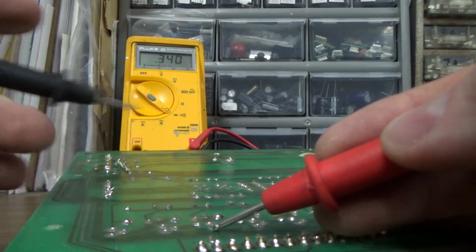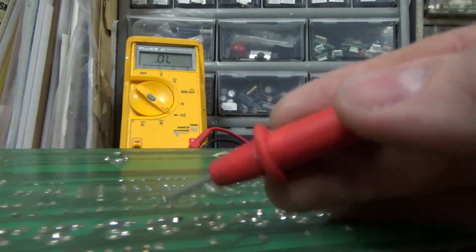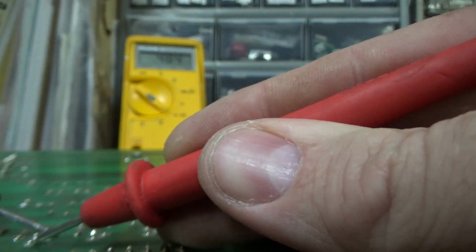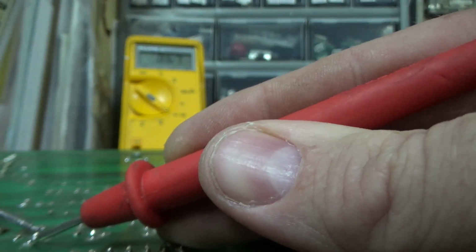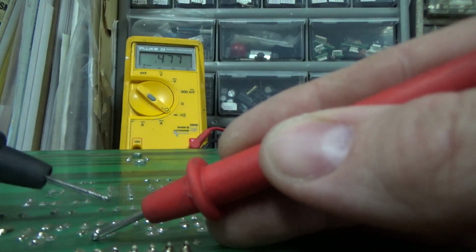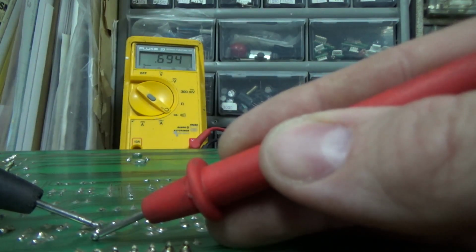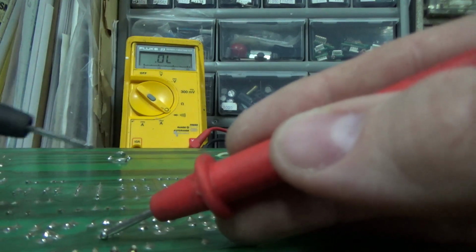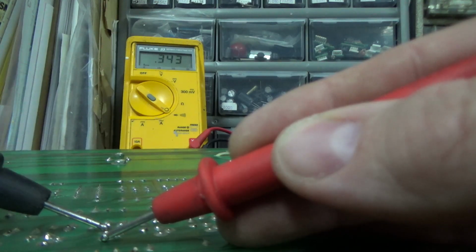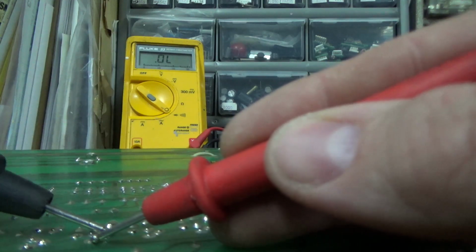Or do we get similar readings all the way down the board? I'm not looking at a specific transistor. I don't know which one's doing what. I'm just seeing if any of them look freaky. And mainly, since it's blowing a fuse, I'm looking for one that's shorted together. If I find one that's shorted together...